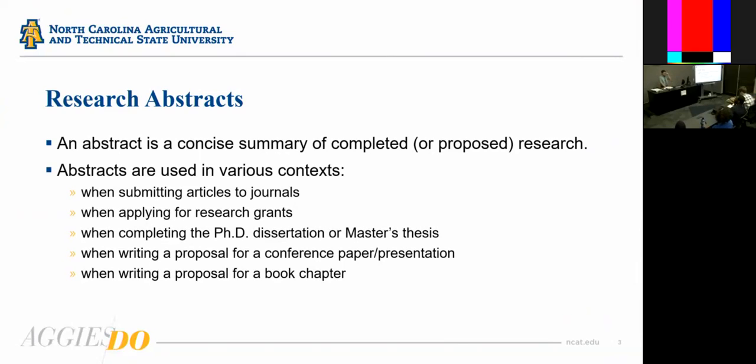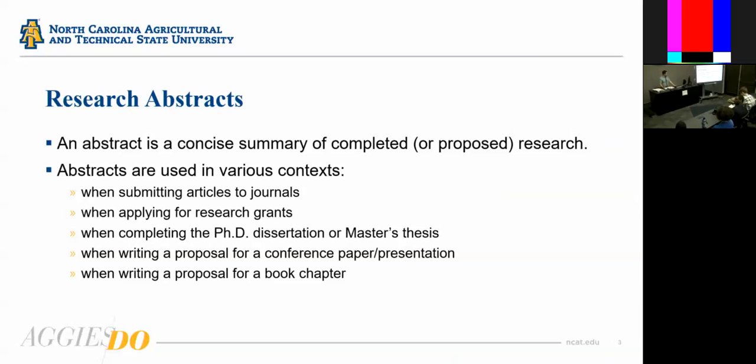Similarly, if you're applying for research grants, you're submitting a full proposal, but you're also outlining the contours, summarizing the main points of your proposed project for a research grant. Certainly, if you're doing a master's thesis or doctoral dissertation, you develop an abstract as part of that. You've developed this long research document, and now you're going to pull out the summary, the abstract, proposals for presentations, book chapters, et cetera. So pretty much any academic venue where we're going to be presenting research, you will usually be required, in fact, to also write a short summary of your research in the form of an abstract.